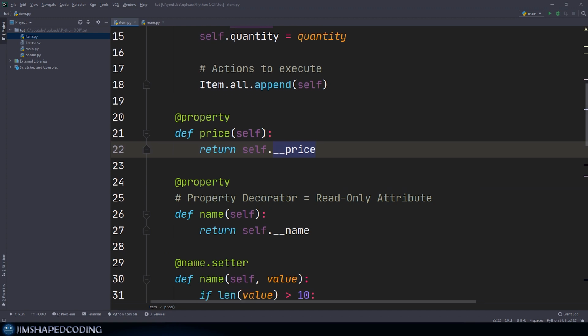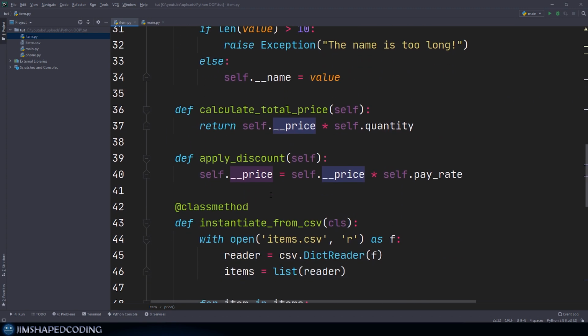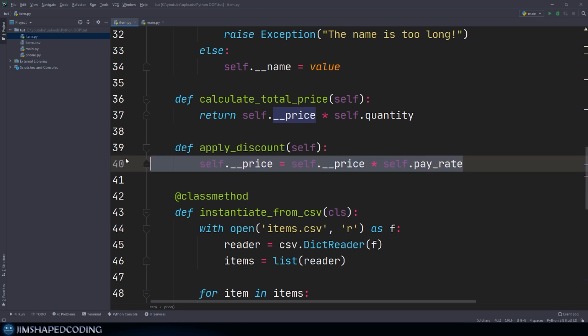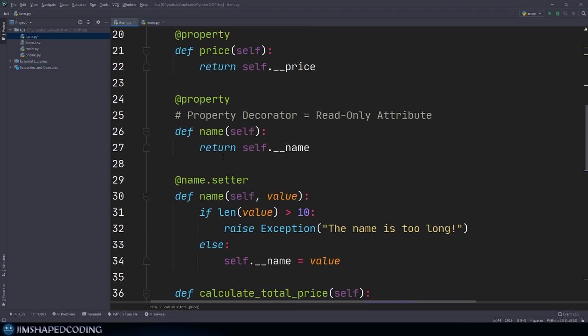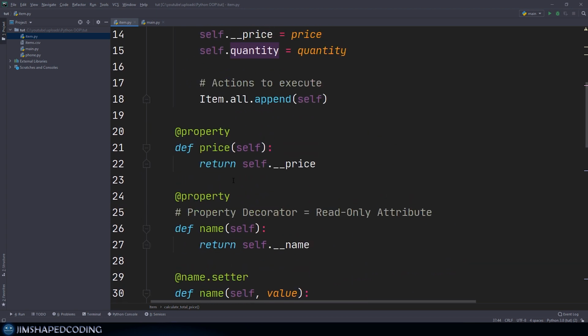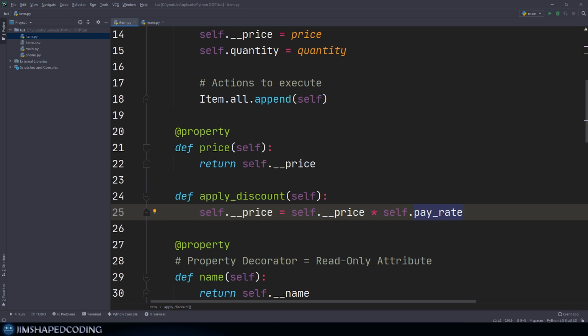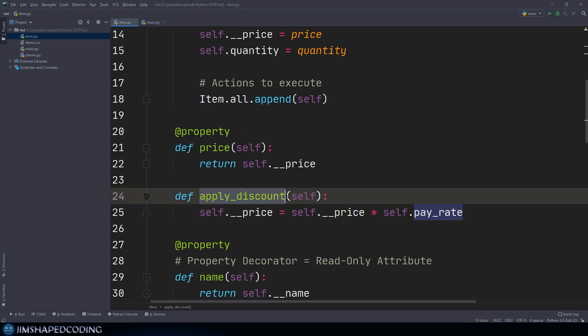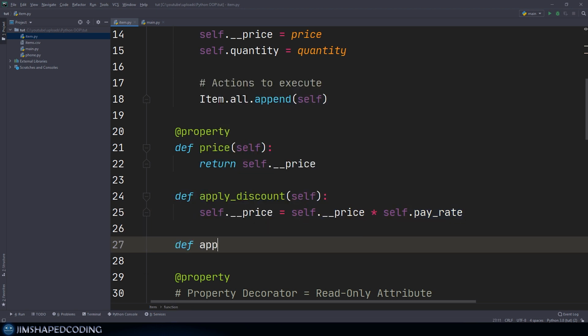and try to work on our methods that will modify the attribute of double underscore price. So I will actually cut this method from here, and I will just put that right under the property price that we came up with, so we will have a cleaner look. Now, first things first, you can see that we have the apply discount, and we will also like to come up with apply